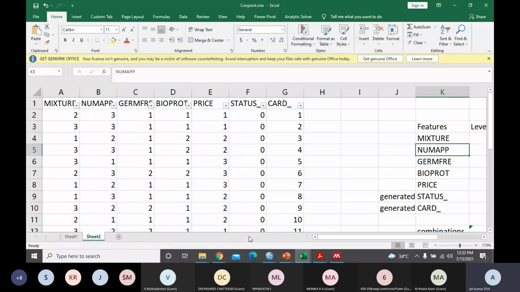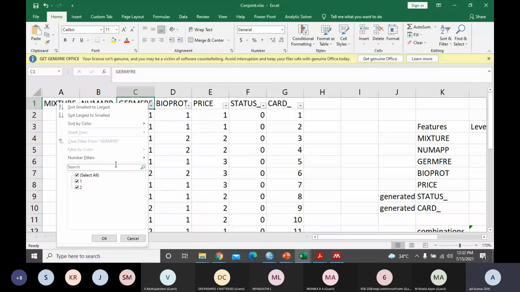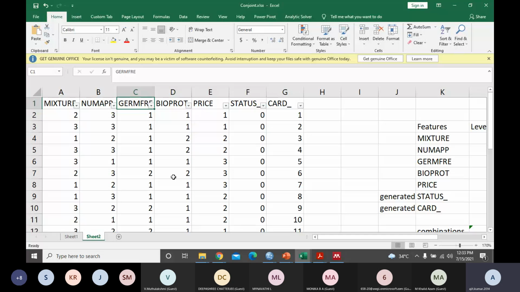For any product or service, there could be certain ingredients or features, whether it's bioprotection or germ-free, with yes or no type answers. So whenever you see 1 or 2, it could possibly be yes or no. When you prepare the questionnaire for conjoint analysis, you will not write these numbers but instead the question.